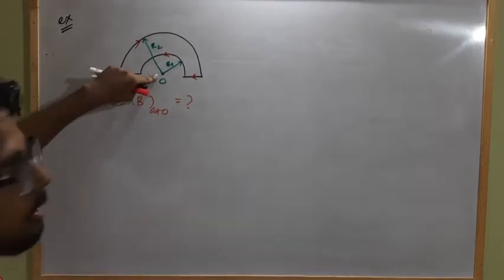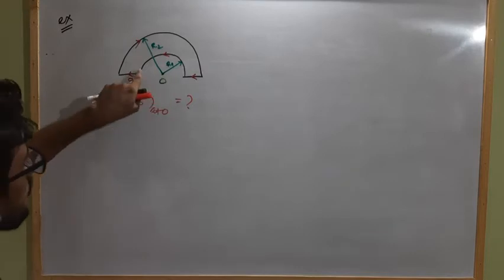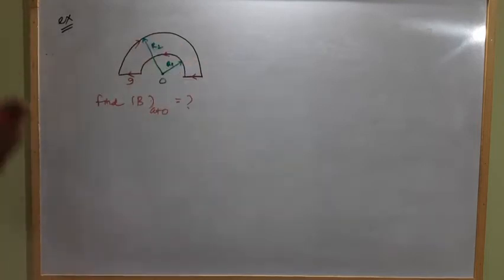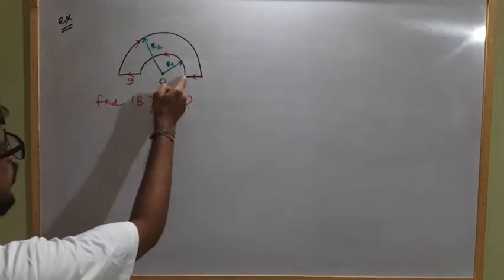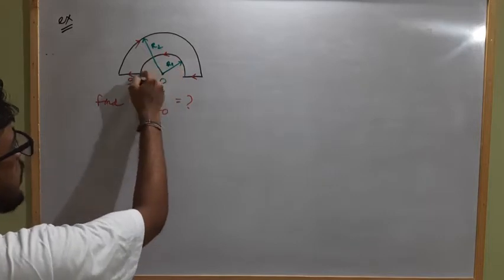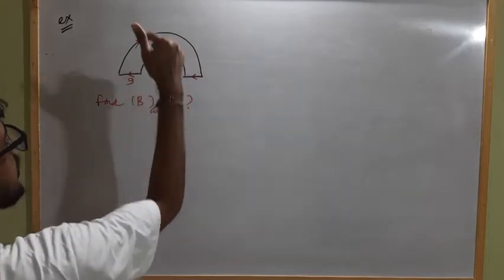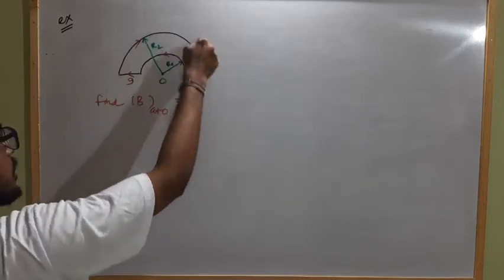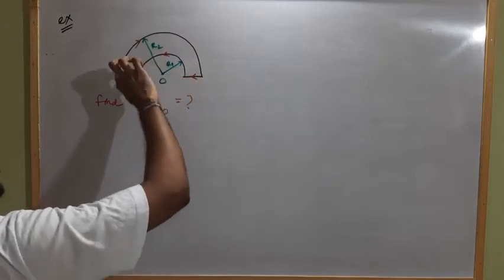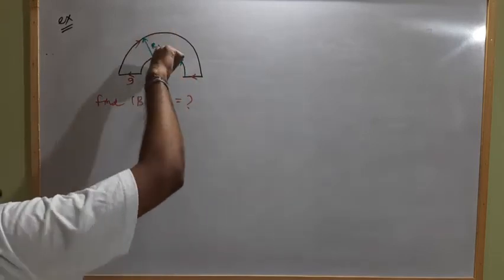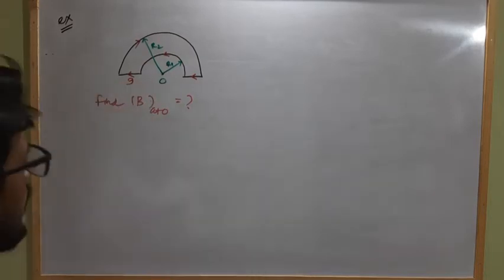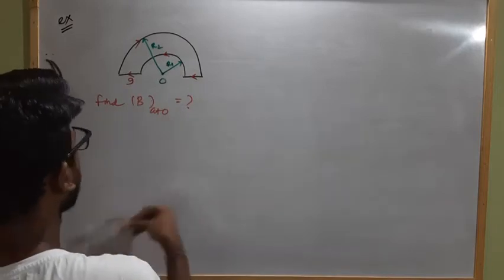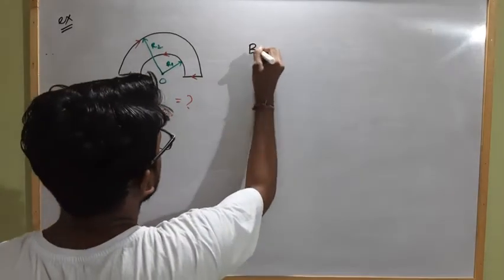As the point of observation O is at the center of two semicircular arcs, one of radius R1, another of radius R2. In this loop, the current is flowing in anti-clockwise direction. That means the direction for this small loop of radius R1 will be outward. But in case of this larger semicircular arc of radius R2, the current is moving in clockwise direction, so the magnetic field strength at O will be inward. So first of all, for the small semicircular loop, the strength we have to find at O will be B1. What is the value of B1?